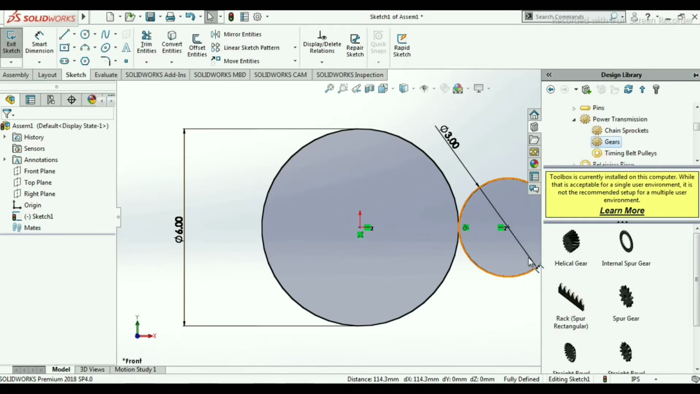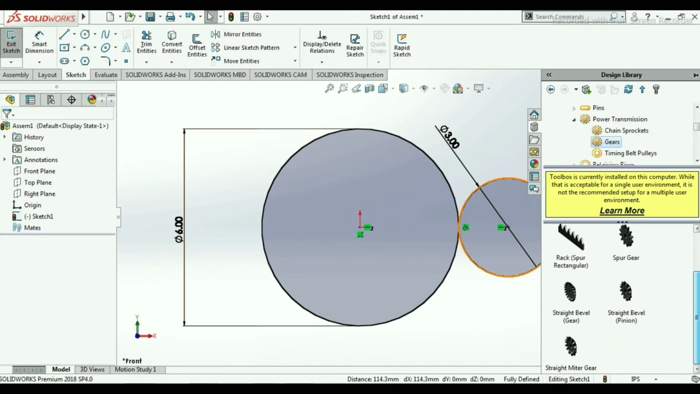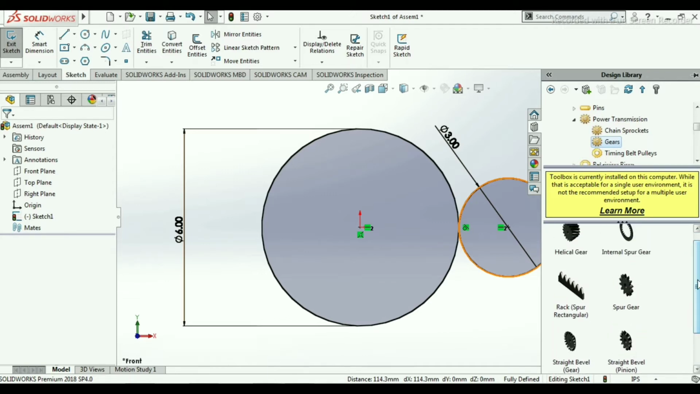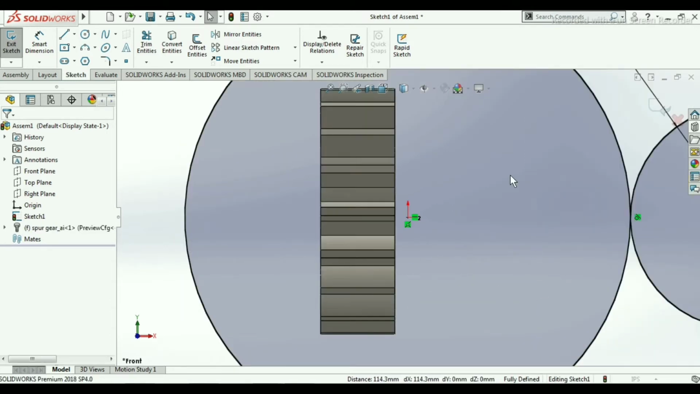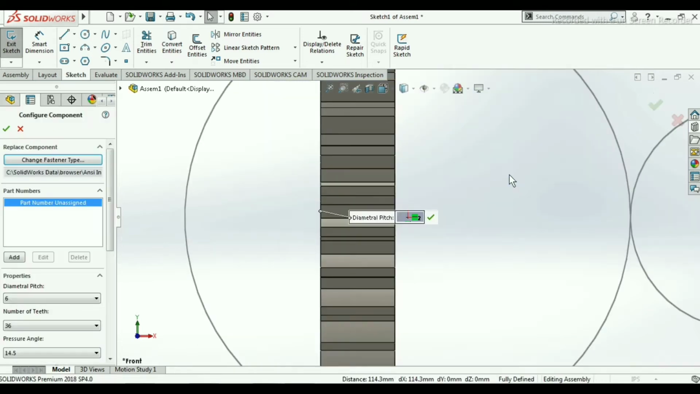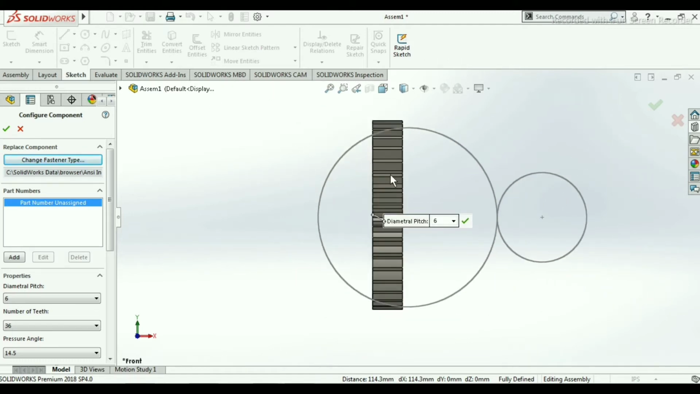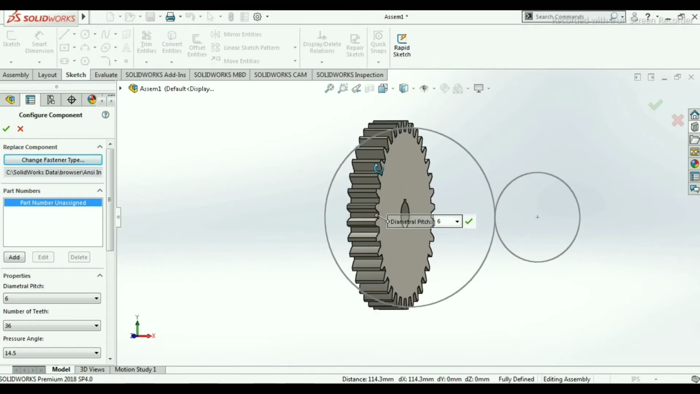Here various types of gears are shown. In this we are going to design the spur gear. So by pressing the left mouse button, select this and put this in this sketch. Now here we have to configure the components. So we will slightly rotate this,